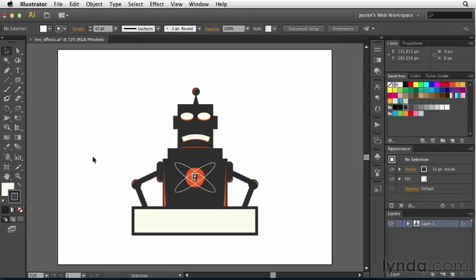And like I said, the best part is they're non-destructive. You can always turn them on, turn them off, you can change them anytime you want. It's almost like a layer style in Photoshop. It's very, very useful. And so inside of Illustrator, we have access to several different effects in the effect menu,